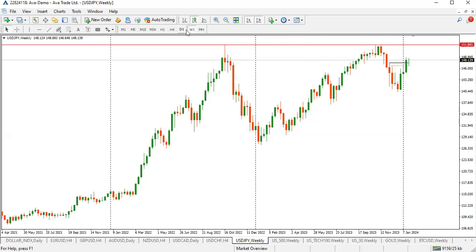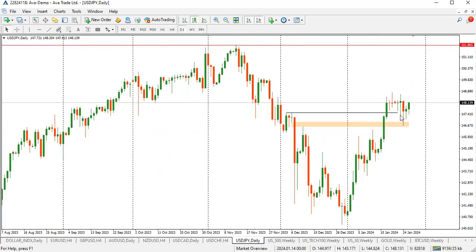So what happened last week? This is Friday, Thursday, Wednesday, Tuesday, Monday. This is Sunday. This was where we were on Friday 2 weeks ago, and I told us that I want to see price come to this level and then rally higher. It has done that, but the consolidation is just too much.